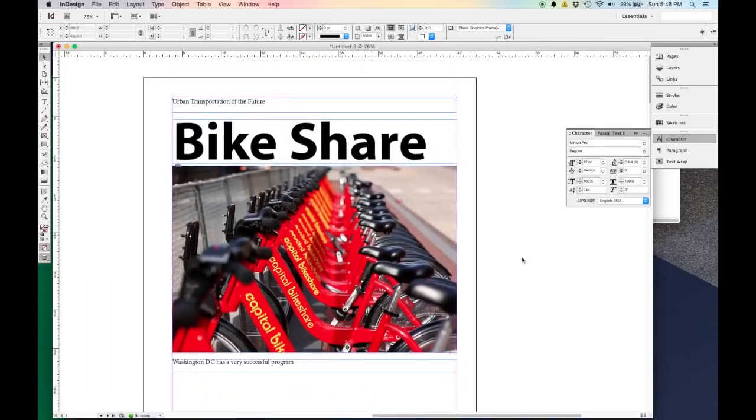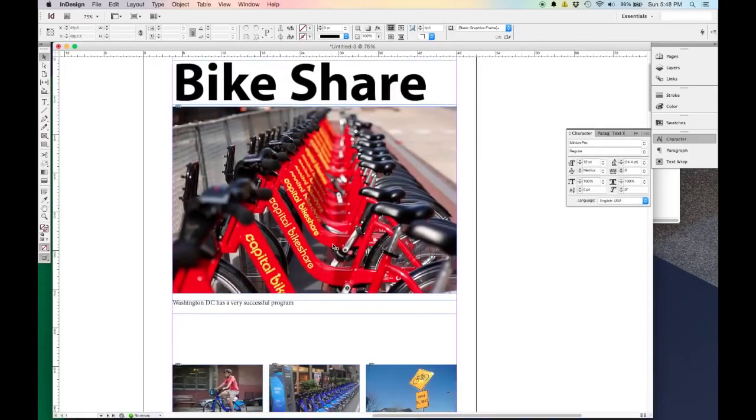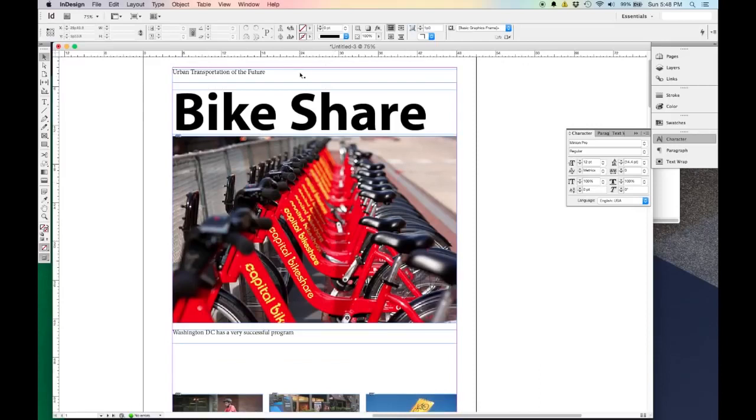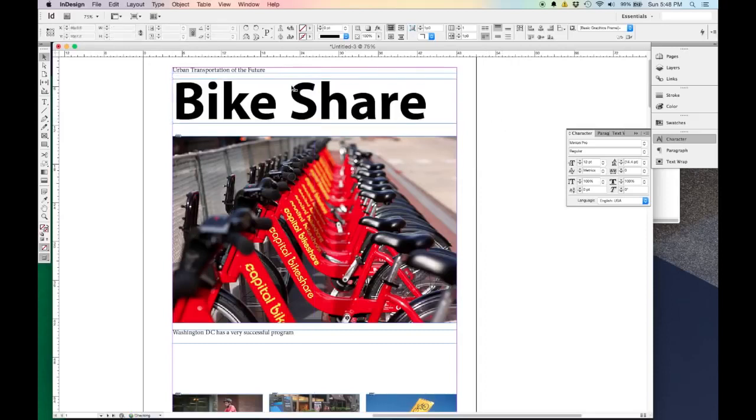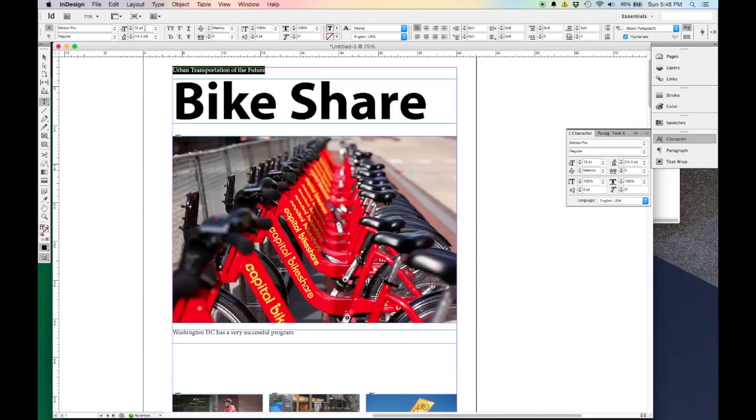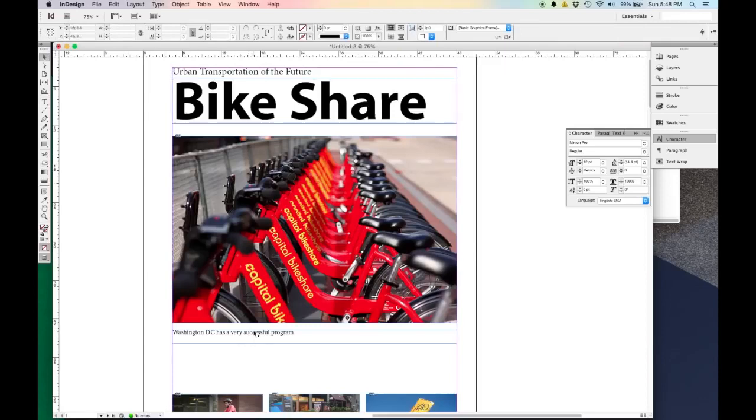Okay, looking good so far. So I'm just going to tweak a couple things, bring this up here. I'm going to grab this handle here, make it a little smaller. I'm going to pull up this bike share. Maybe this text, I actually want to make it a little bit bigger, so I'm going to select it. Let's say I'm going to make it 18. Okay, pull this image up,